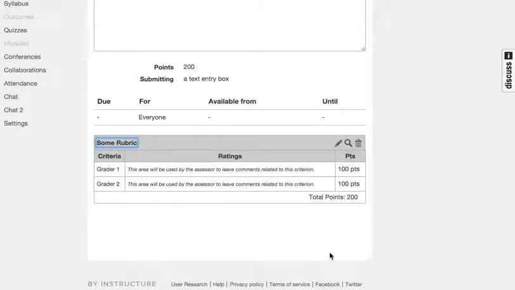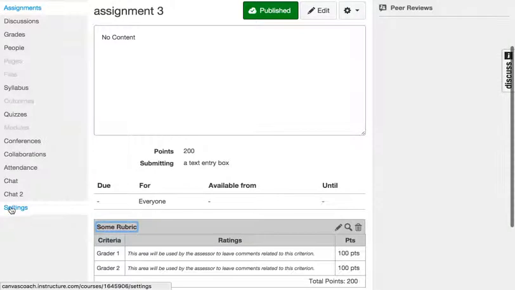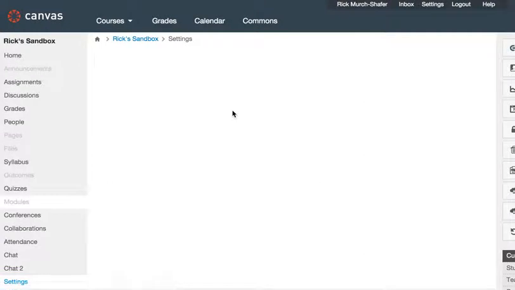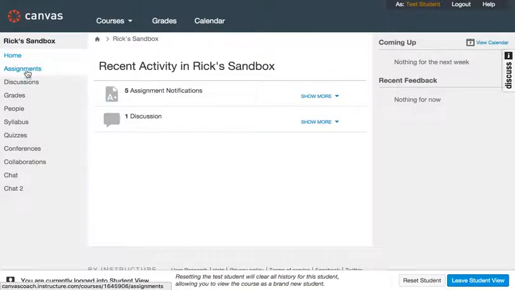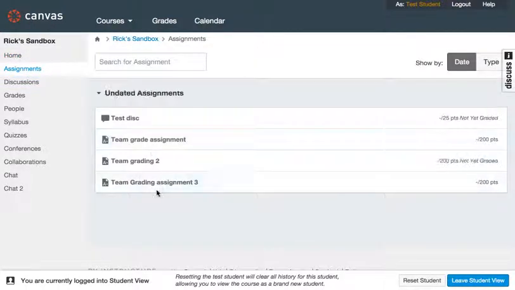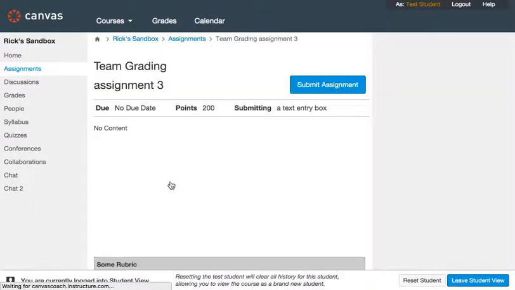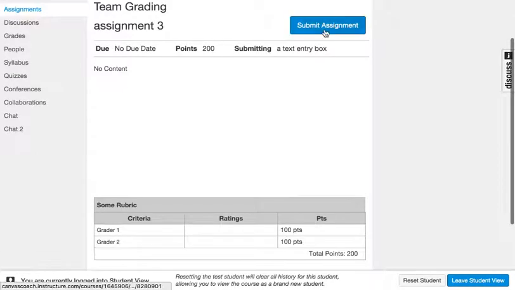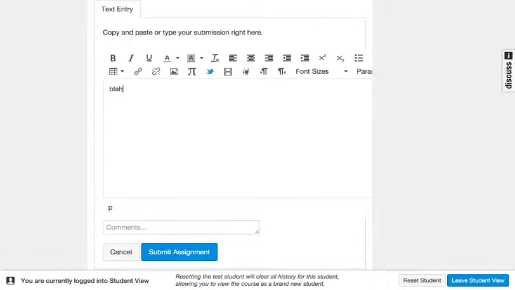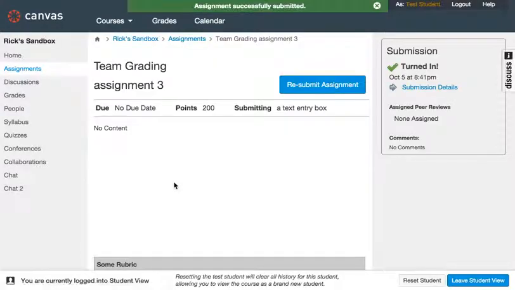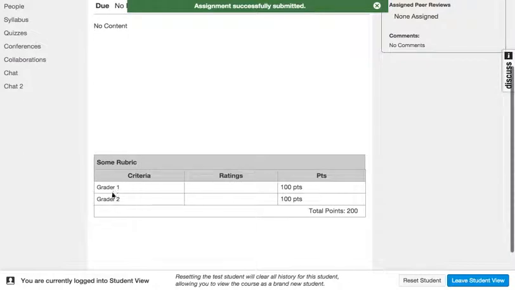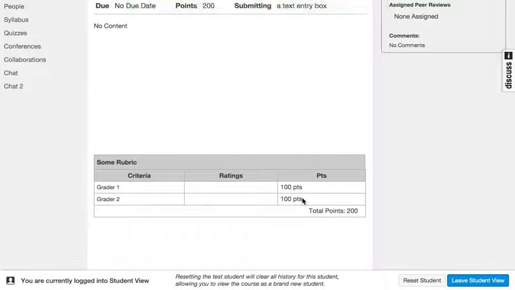So there my rubric's created, and now I'm going to become a test student and submit that assignment. So let me just go there real quick, student view, go to my assignments, and it was number 3, and I don't really care what I'm putting in here, so we're just going to submit and put in blah. Okay, so the assignment's been submitted. By the way, the student can already see that there's going to be 2 graders here for the criteria,